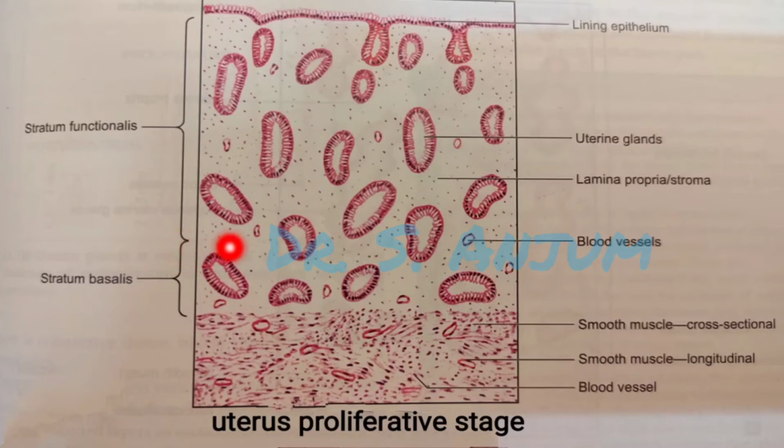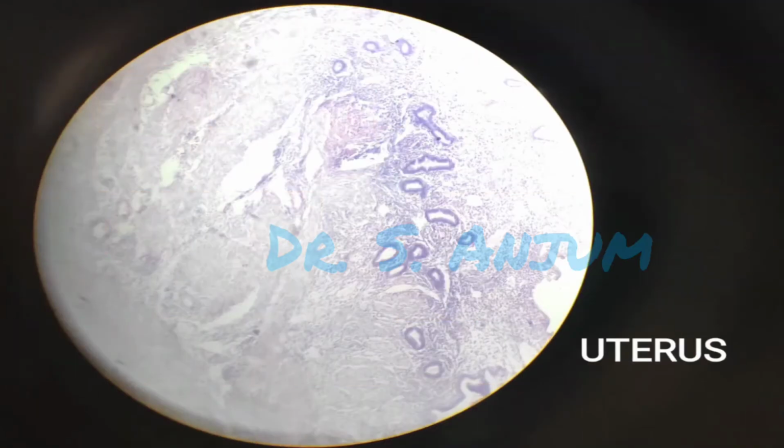Now the endometrium is divided into two parts, the functional zone and the basilar zone. Here you can see it is the functional zone. Only the functional zone undergoes various uterine changes according to the menstrual cycle, but not the basilar zone. It is only this part that undergoes shedding or changes. So this is the slide of the uterus, you can see here. This one is the endometrium, and in the endometrium you can see there is the presence of uterine glands.